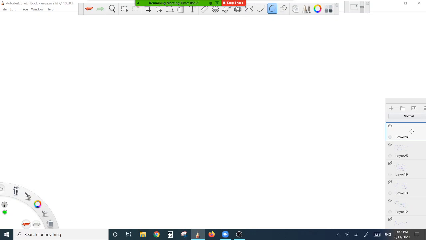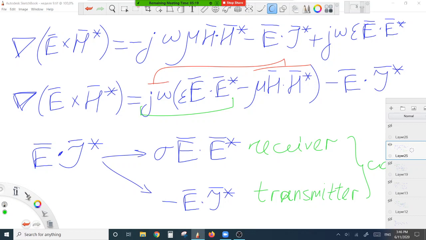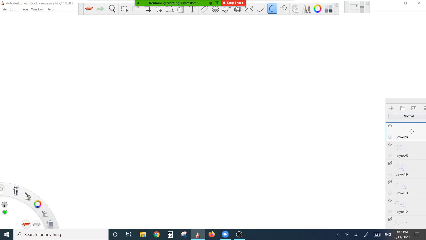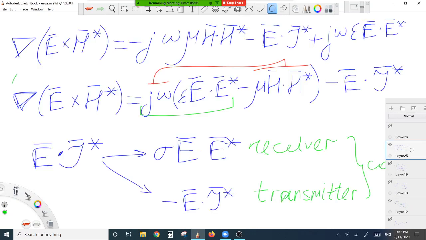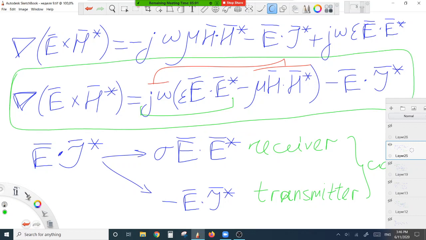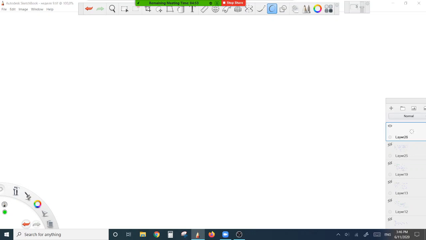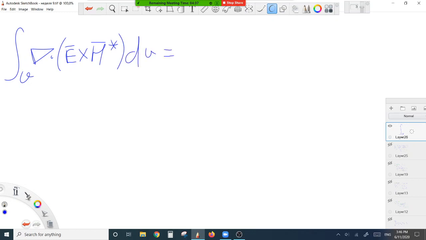So in order to write these terms, all these terms are written in terms of power densities, and in order to write all this in terms of power instead of power density, we should integrate our last equation, which is this, over the volume V. So what we have, the integral over the volume V of the divergence of E cross H complex conjugate dV is equal to